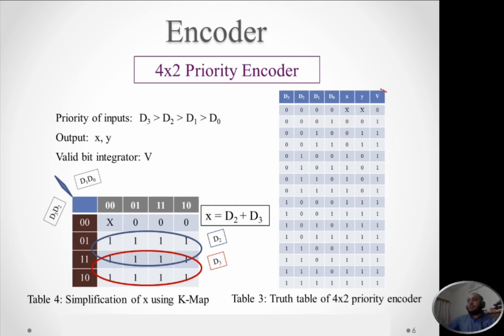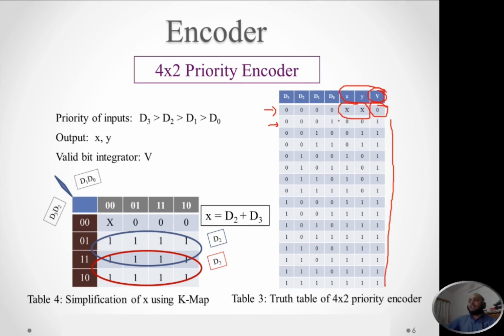So now let's talk about the outputs X, Y and V. V stands for the valid bit. If no input is present, then we will set the V as 0, and if any input is present, we will set it as 1. If no input is present, we won't care about the outputs X and Y. That means we will put don't care in X and Y, and in all other cases outputs are already set depending on the priority